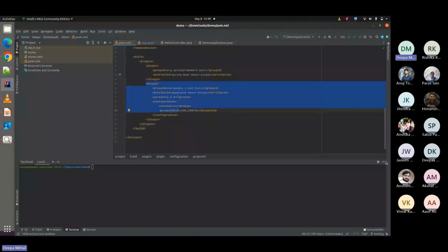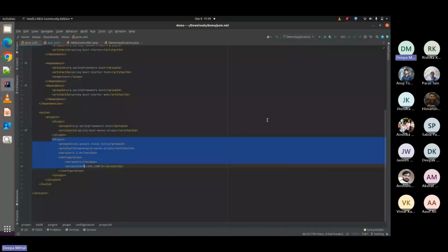Is it visible to everyone? This plugin you have to add. Yes. Google Cloud Config, and